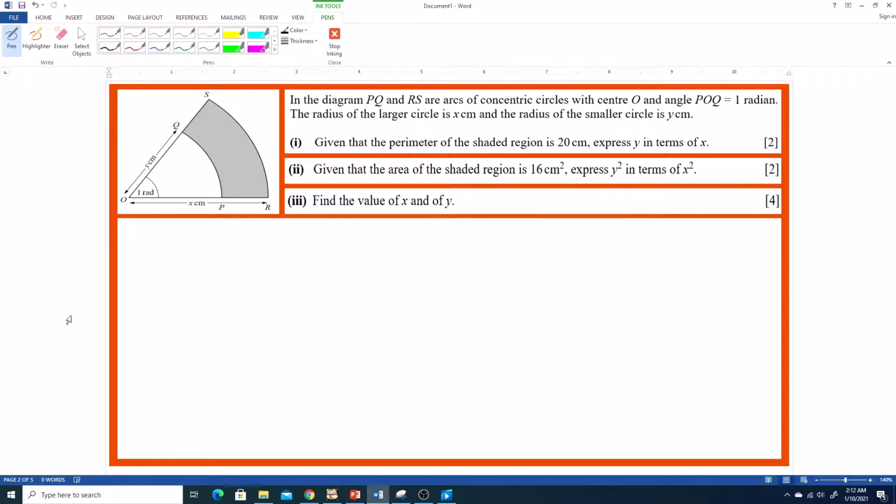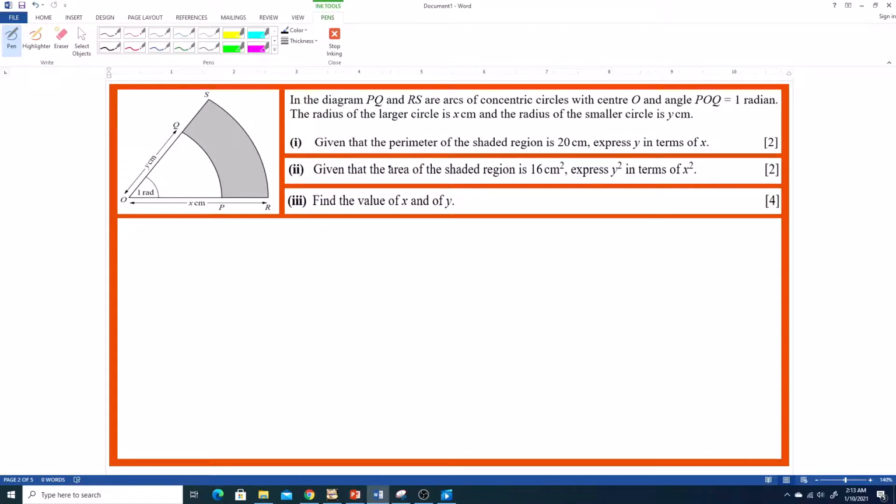The radius of the largest circle is x centimeters and the radius of the smallest circle is y centimeters. Given that the perimeter of the shaded region is 20 centimeters, express y in terms of x. So the shaded region, we would get that if we minused,